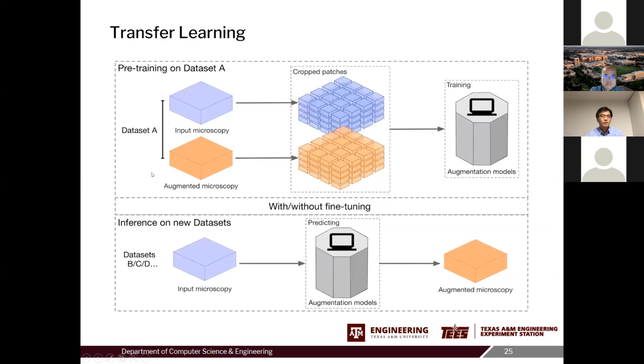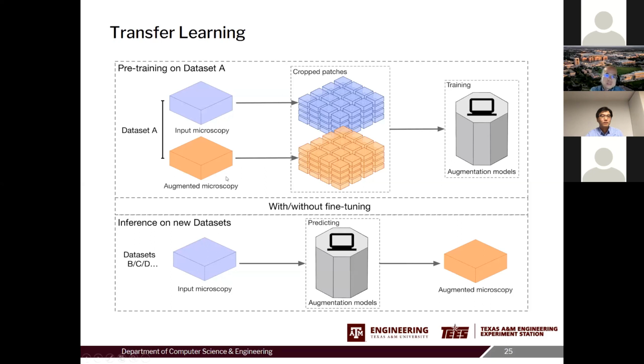So another interesting phenomenon I want to talk about is the case of transfer learning, because in the case of COVID-19, currently all of these COVID-19 data sets are very small, so it's very important to perform either self-supervised or transfer learning.